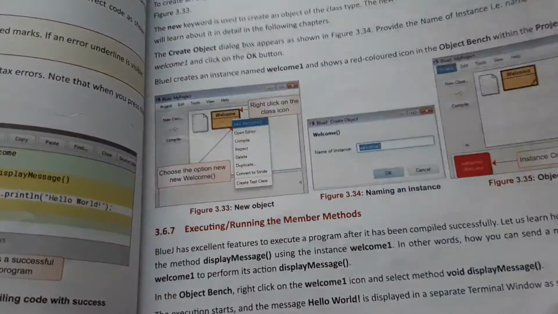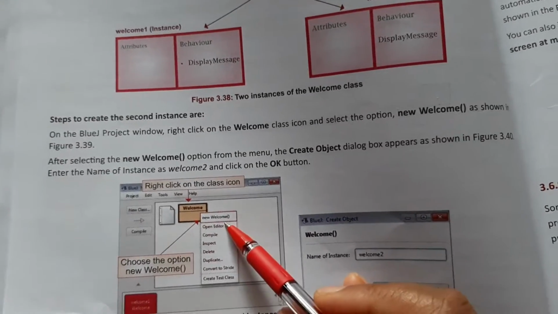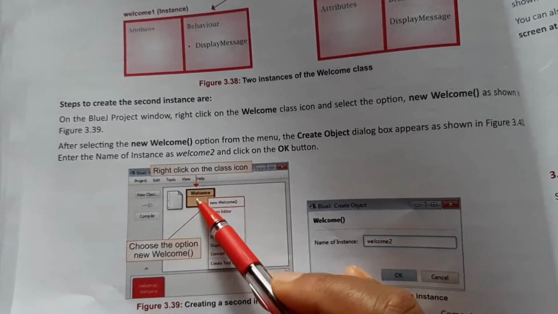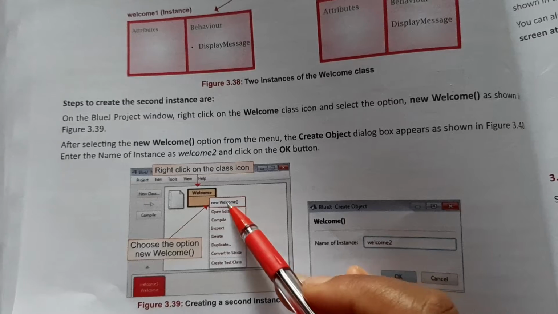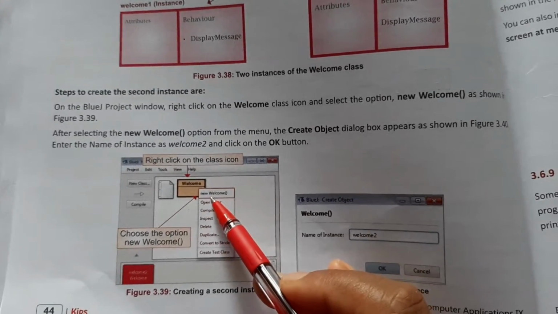After this class is created, what you have to do is right click your class that you have created. You will get this option, and in this option select the upper one. Okay, new